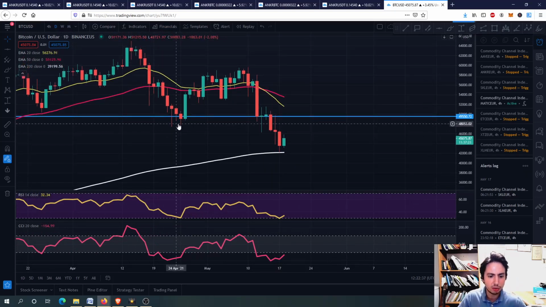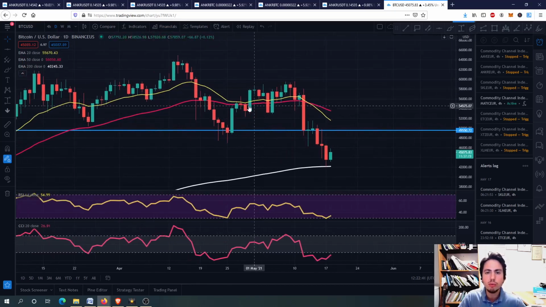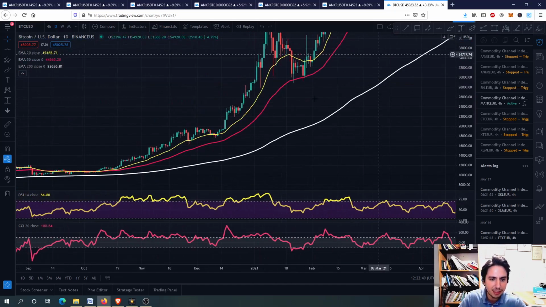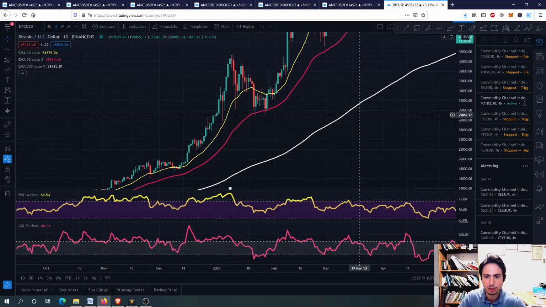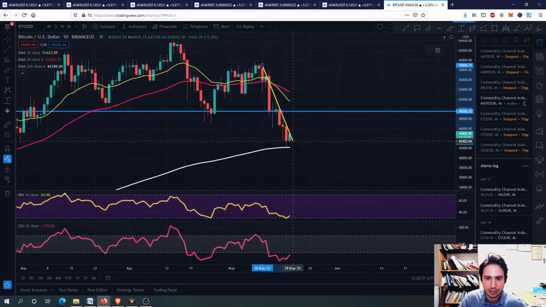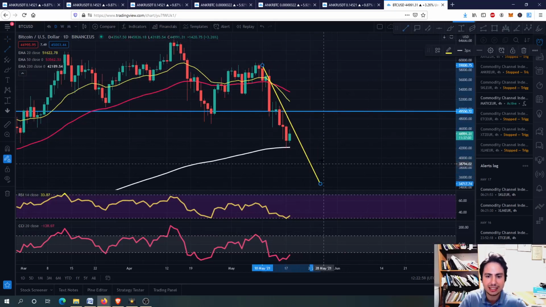Back then, on 23rd April, we knew we were going upwards, and I told you not to worry because the 20-day EMA was above the 50-day EMA in the daily frame. Now we have had this bearish cross since September 2020. So right now, what we might see for Bitcoin is lower highs and lower lows.